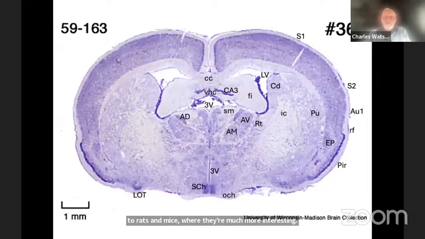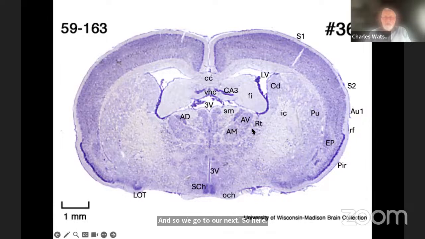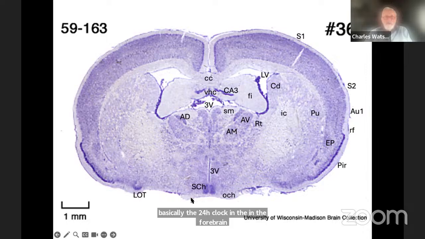So here, the thalamus has appeared in the middle. So we've still got the internal capsule, the caudate and the putamen. We seem to have lost the globus pallidus just here, but the thalamus with its various nuclei has appeared in the center there. We're not going to talk about the nuclei. Underneath that is the beginning of the hypothalamus. Here's the third ventricle, and the big dark nucleus is the suprachiasmatic. It's the nucleus which receives light input, and it's basically the 24-hour clock in the forebrain. Here's the optic chiasm, where the 2 optic nerves are crossing.